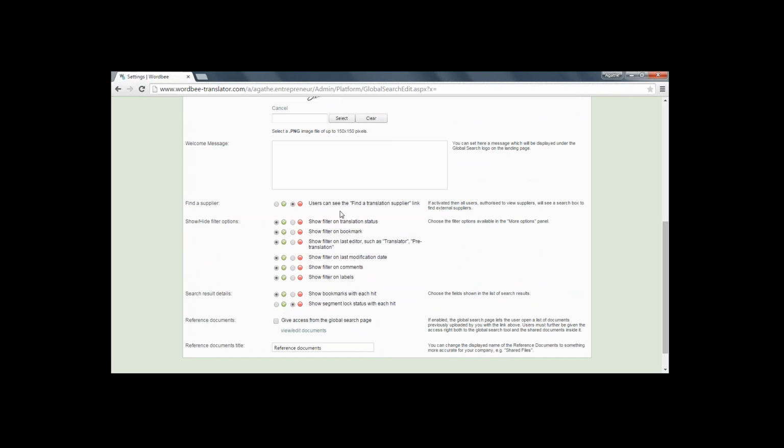And you also have a filter. Well, it is more than a filter. You can, for instance, give access to your managers to define a translation supplier search box. Okay, so it's really easy, and I will show it to you. With this, you are able to select a source and target language, and Wordbee will display all the suppliers that can perform a translation from English into French, for instance. Okay, so we can enable the Find a Supplier option,